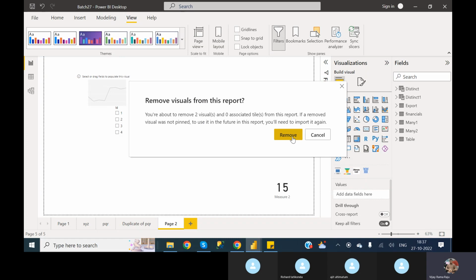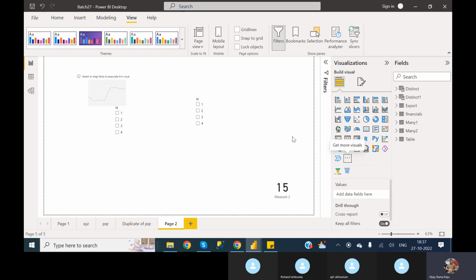Whichever custom visuals you want to remove, you can select them at a time, and after that click on remove, then those custom visuals will be removed. Okay, next one is